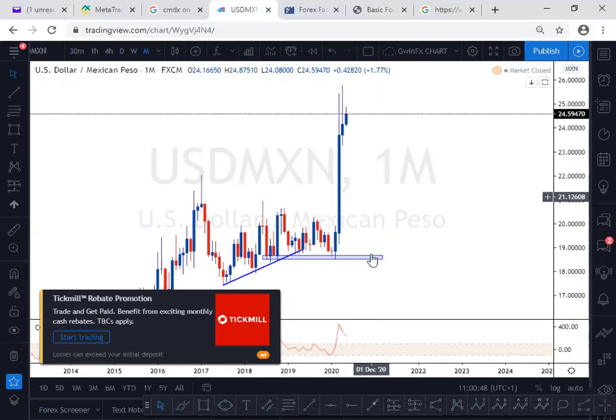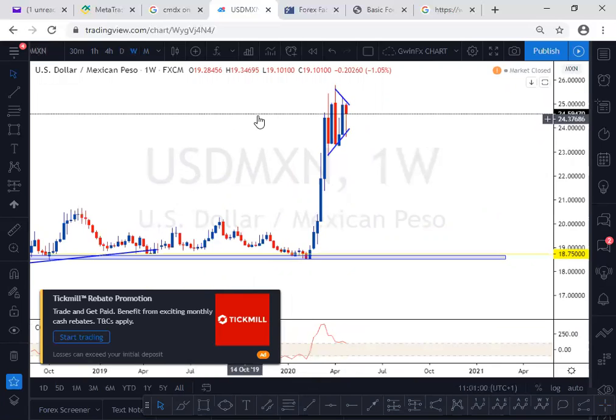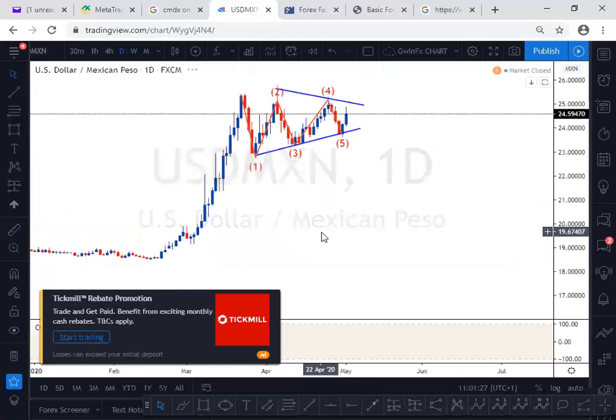We want to be seeing a correction after an impulse, but at the moment on the monthly time frame everything looks bullish. So let's go down to the weekly time frame and see if we have some reasons to short to the downside. This is what I think of the market: it did this accumulation phase, here was public participation, and we can call this wave 3, and the correction wave 5. Let's get down to the lower time frame and see what I am talking about before we draw conclusions, because that's from the weekly time frame.